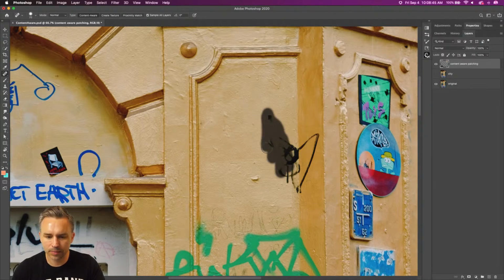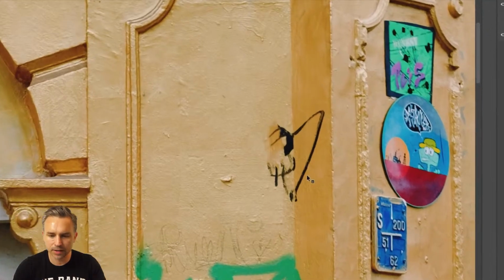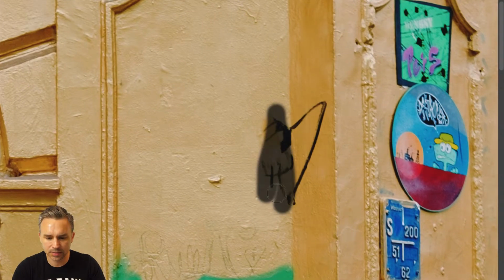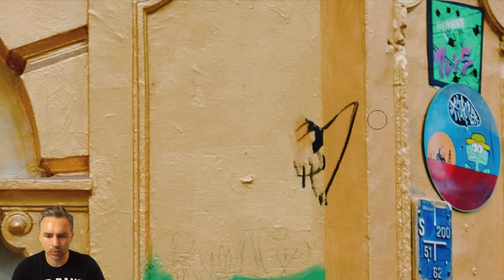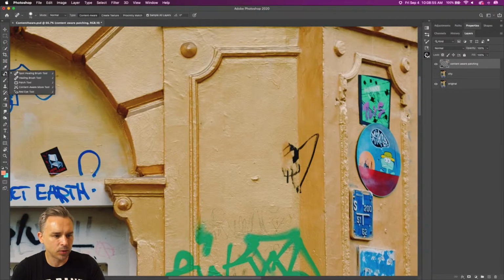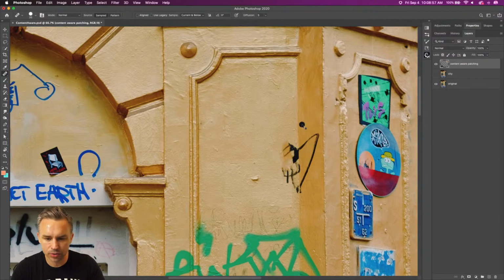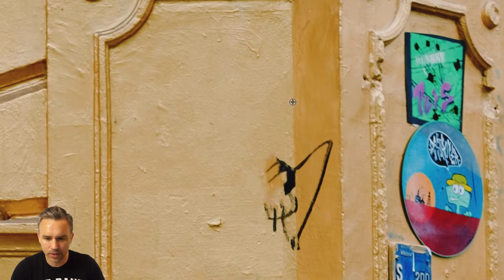But what about this edge right here? Everything looks good till we reach this point. We'll try to get it, see what's happening. It's like, okay, that doesn't quite work. We could switch over to the healing brush tool. We could sample, by the way, right here, clicking right here, and we can start to patch it up down here, right? That's one way of doing it. What you could even do is